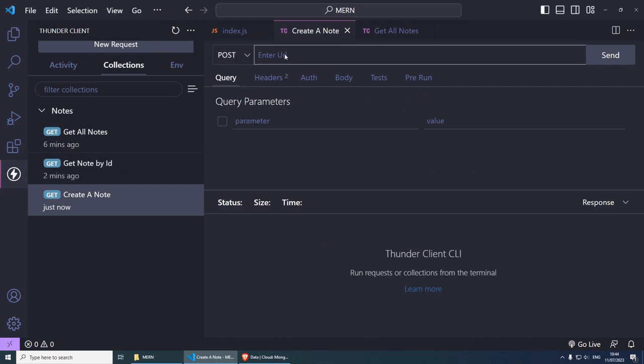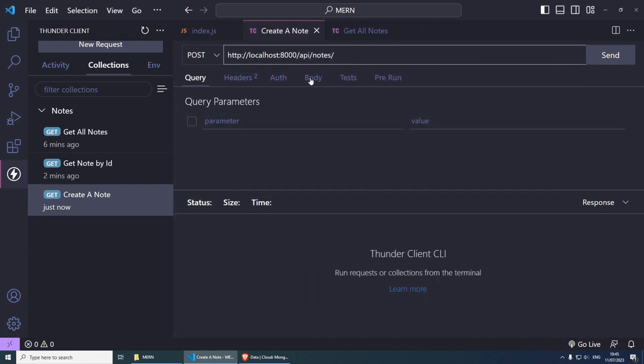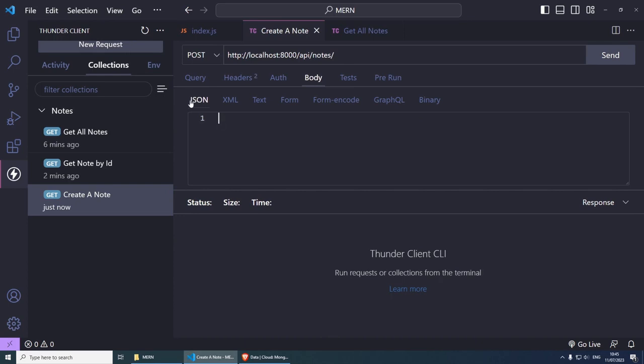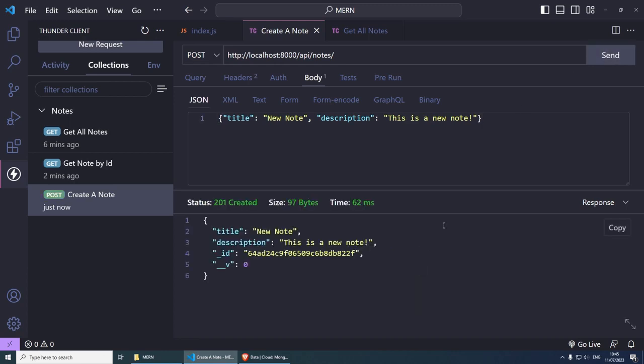Let's change the URL to localhost and then I'm going to do nodes. And then to test this out, we can go to body, and inside here we can send title and the description as JSON. We can put it like this, title, and then we can put new node, comma, and then we can do the description. This is a new node, and close. So now we can post this data to a route, send it,